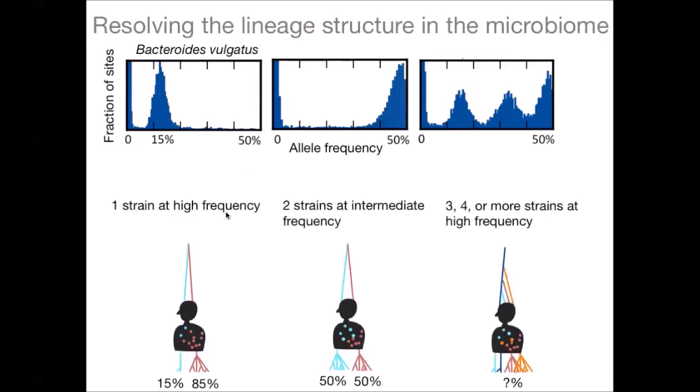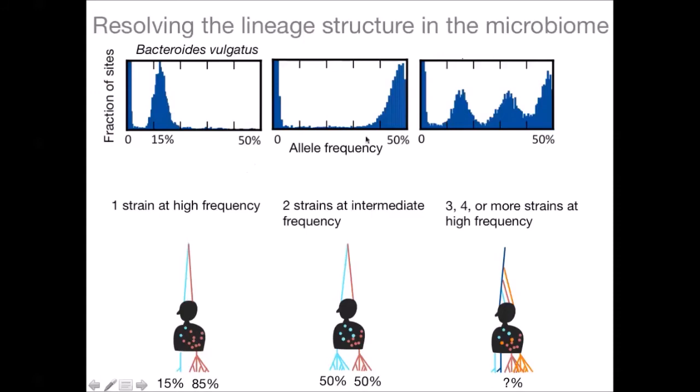And we can try to start to understand these distributions to infer the lineage structure inside of hosts. And so here's actually a cartoon of what's likely happening inside of hosts. So let's walk through this. In this first host, we have a bump or a mode at around 15%. And so what's happening is that this person is likely colonized by a strain at 15% and 85% respectively. And the evolutionary differences that accumulated before colonizing the host are what are manifesting themselves as these polymorphisms out here, which are present at the relative frequencies of these 2 strains. So I say that there's one strain at high frequency because there's basically one common strain, and then there's one subdominant strain.